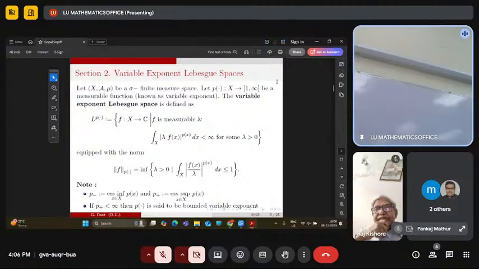So here, if I start with a sigma finite measure space, and P is taken to be a mapping from X to [1, infinity), a measurable function, we call this a variable exponent. Corresponding to this P, we talk of the collection of those measurable functions for which the power is P(x). It is just a generalization of LP spaces. If you take P(x) equals P, it comes out to be the LP space. And when this comes out to be finite for some lambda, we get the Luxembourg